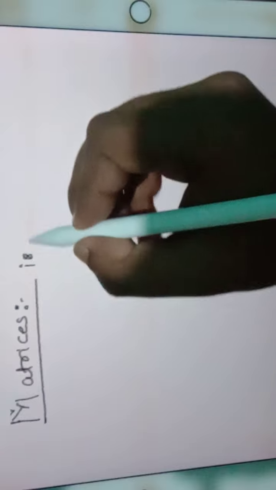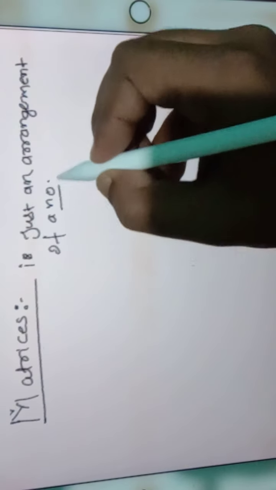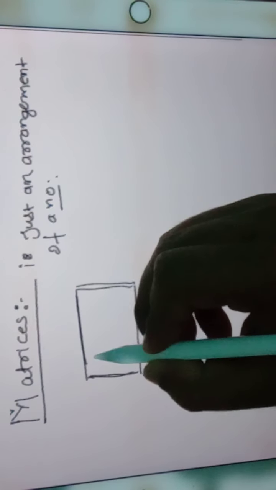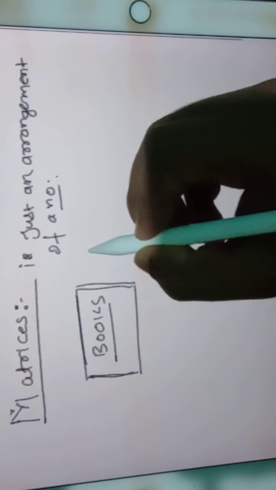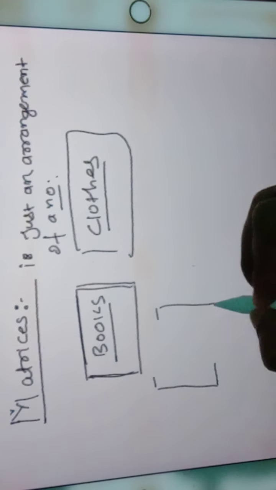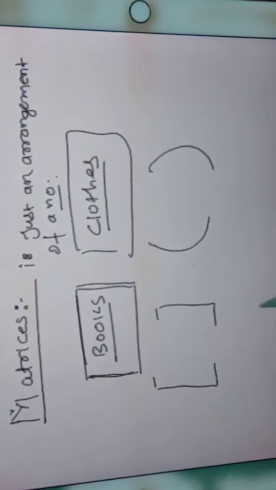First of all, what is a matrix? A matrix is just an arrangement of numbers, like in a box. In a bag we arrange our books, and in a bag we arrange our clothes. Similar to this, when we arrange numbers in a box of shape like this or like this,